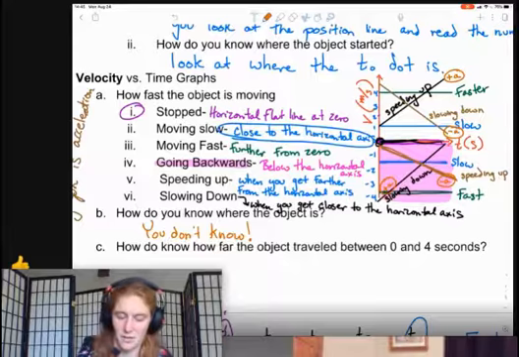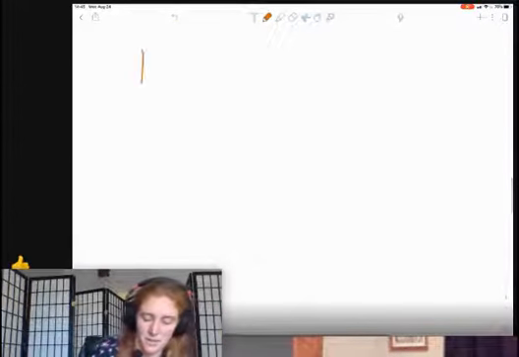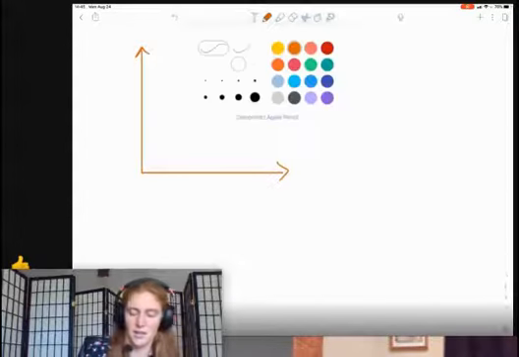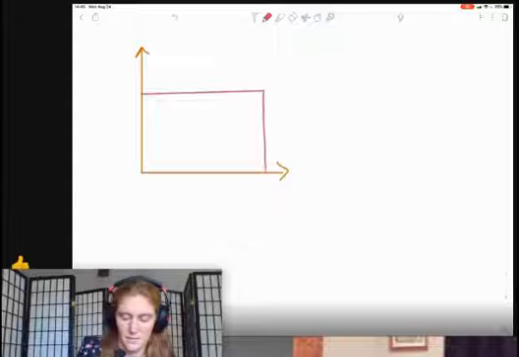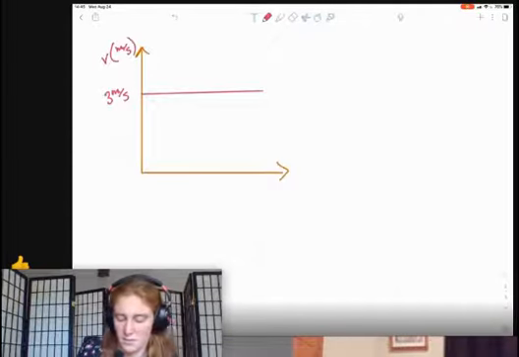All right, so last but not least, down here, we are going to do a velocity versus time graph. Okay, I'm just going to do positive for the moment. If I had a velocity versus time graph that looked like this, let's say it was going 3 meters per second for some number of seconds,